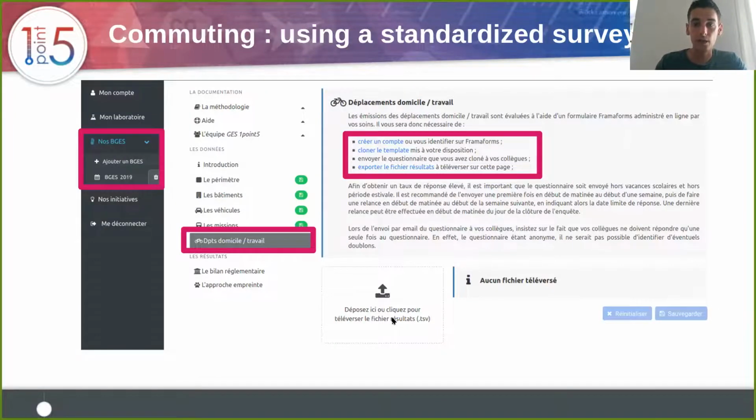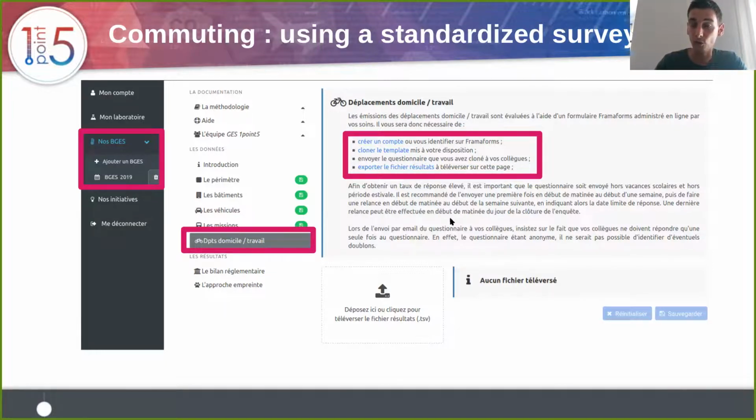In the same way, the daily commutes require a file that is an extraction of a survey. For this purpose, we created a survey on a French survey platform, Framaform, which takes great care of personal data.